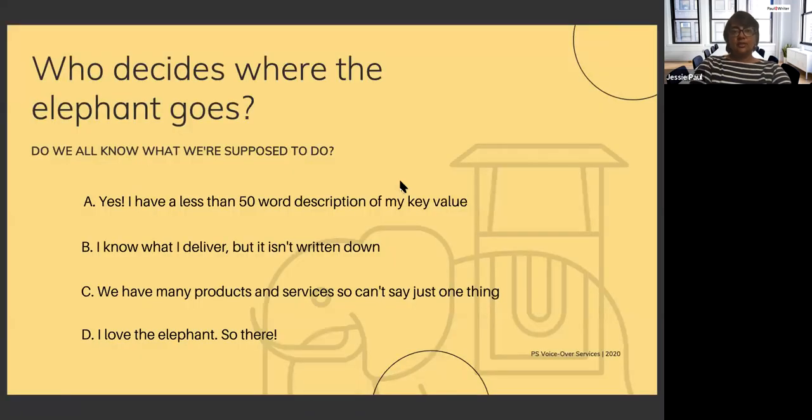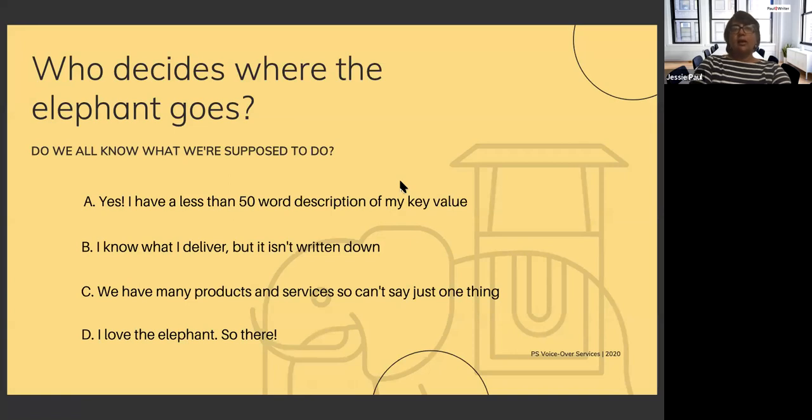I like to use the analogy of the elephant. We think we're riding the elephant, but actually, if the elephant doesn't want to go where we want it to go, we're not going where we want to go. And that's very similar with corporate branding, where if we don't really know what we want to say, then we can't make sure a customer knows what we're saying or get them to go down the chosen